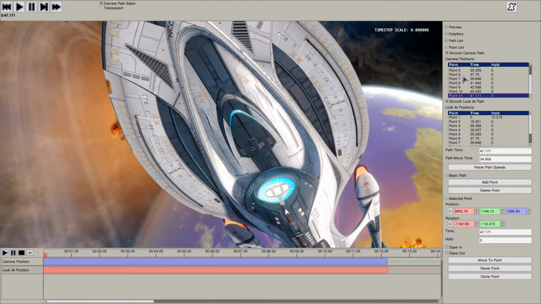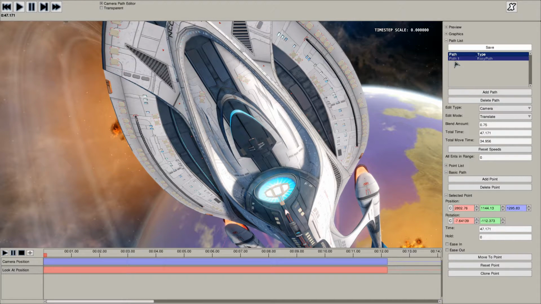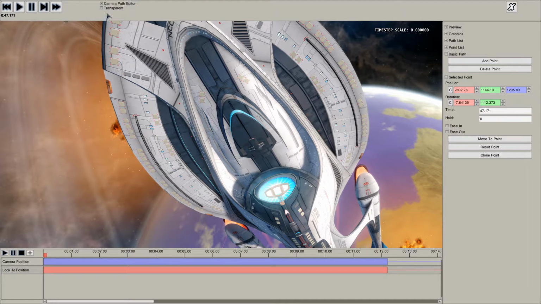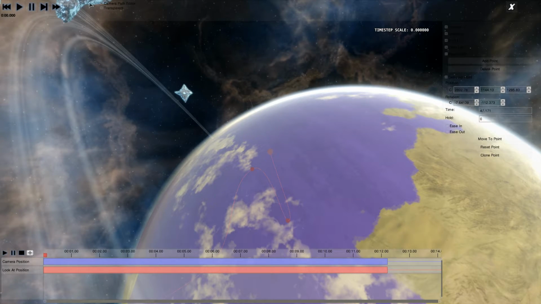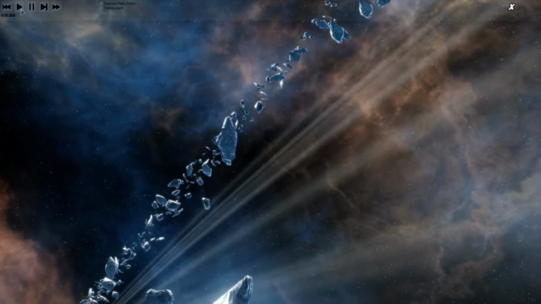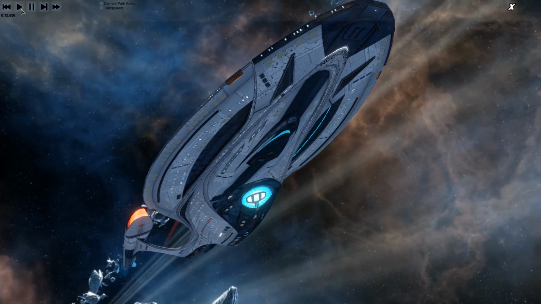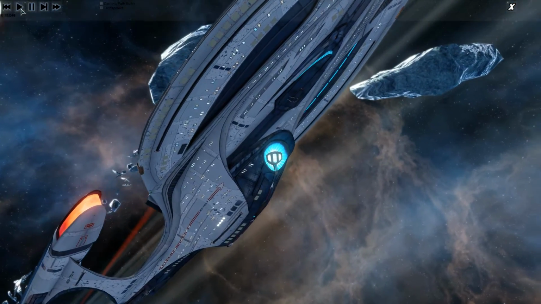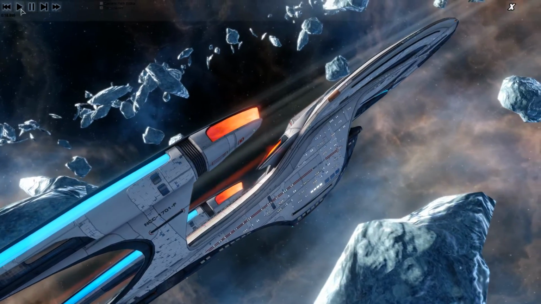So there's a list of all the points we just made, and we're going to save that. That's now saved. So to play it back, you just click back to the start and play. Let's just have a quick look. So the ship starts a little bit further back because, as you recall, we paused it at 12 seconds and the ship started moving a little bit before that, but it's going to start following the ship at that moment, heading towards our second point at 19 seconds something. There we go. Continues the